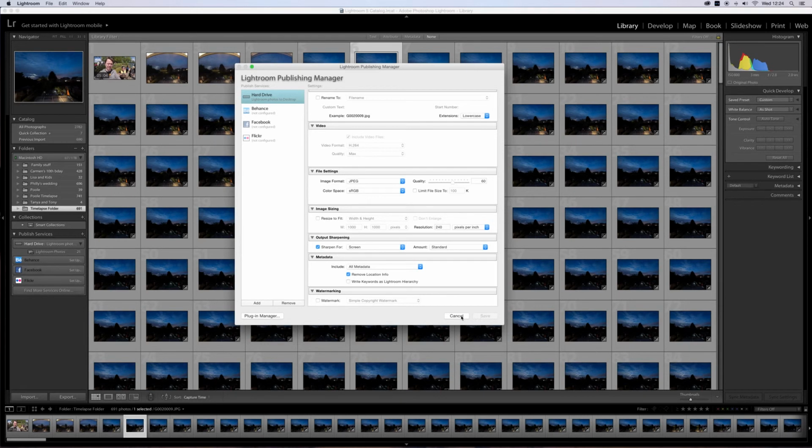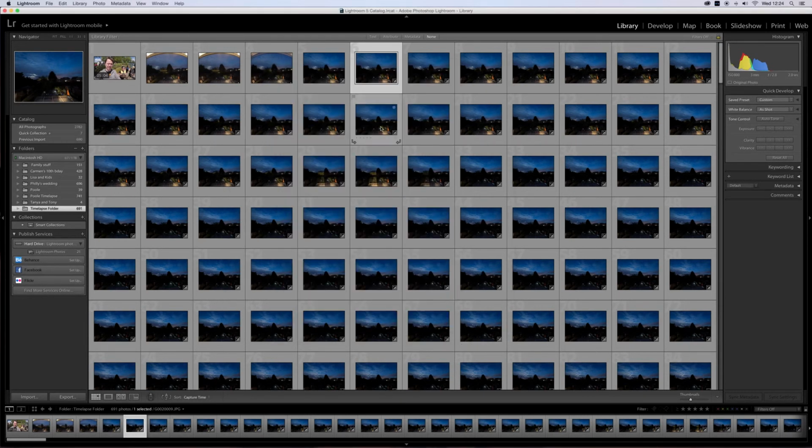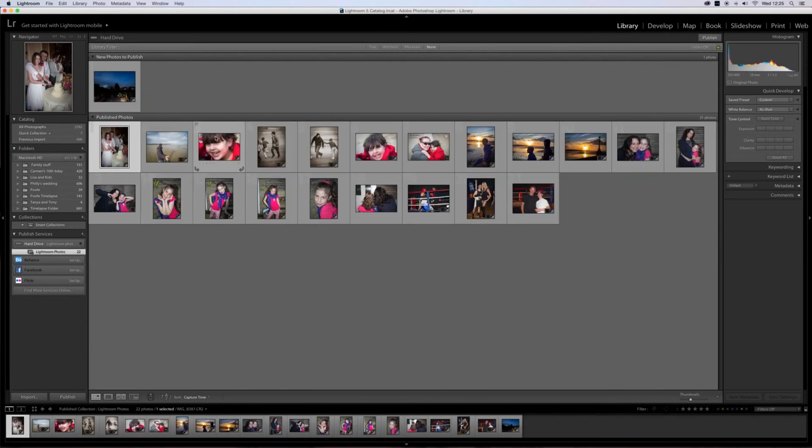So let me show you what I mean. Here we have a single image. I'm in library and I'm in the grid. If you can't see the grid, just press G, and I'm going to drag this image from my library into Lightroom Photos, and a little plus icon appears. Let go of the mouse, and then if we go into this, as you can see, it says new photos to publish. Now I'm going to click on publish at the bottom,